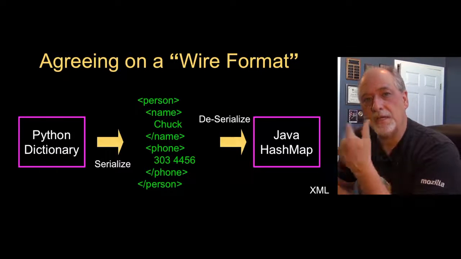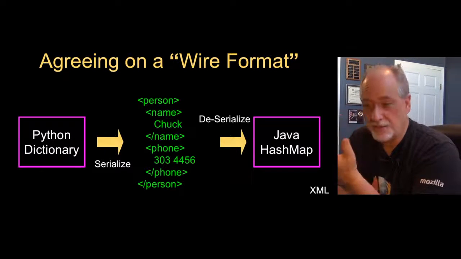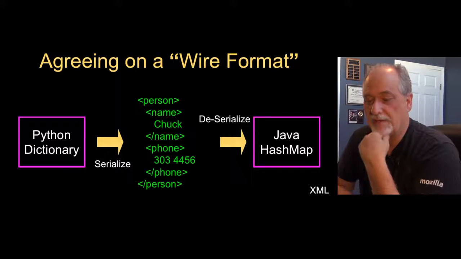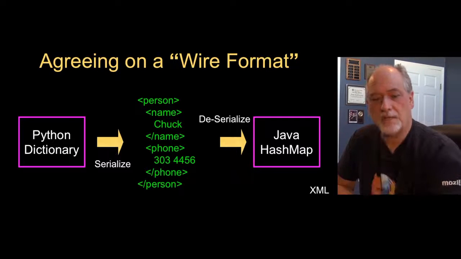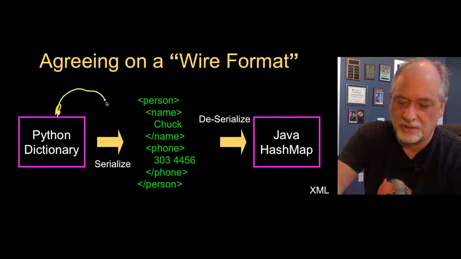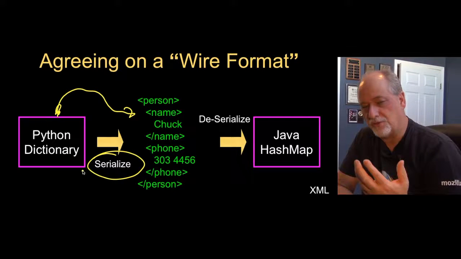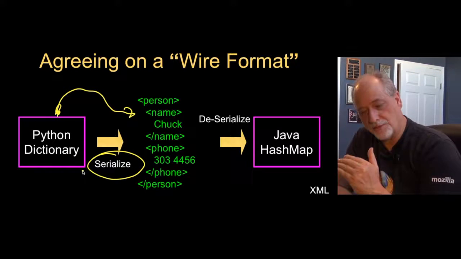And so the idea is that we have to agree on a format that is going to represent the data, and we can't make it a Python specific format or a Java format. And when we take the data from the internal representation, maybe a Python dictionary, to send it to the wire, we call that act serialization, and that is going from sort of the internal representation to the serial representation or